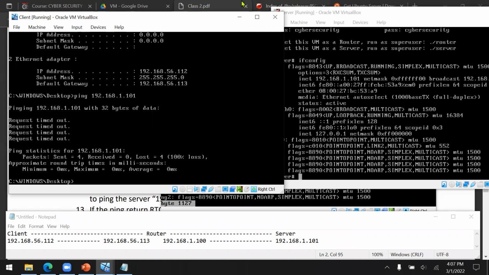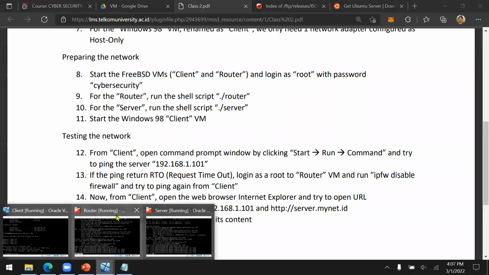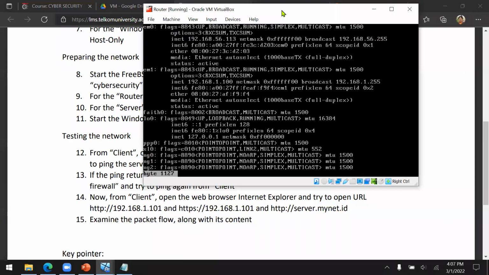Let's check out our lecture note. What are we supposed to do? If the ping returns RTO, log in as root to the router, and then run ipfw disable firewall. So, okay, the router itself, by default, has a firewall turned on.